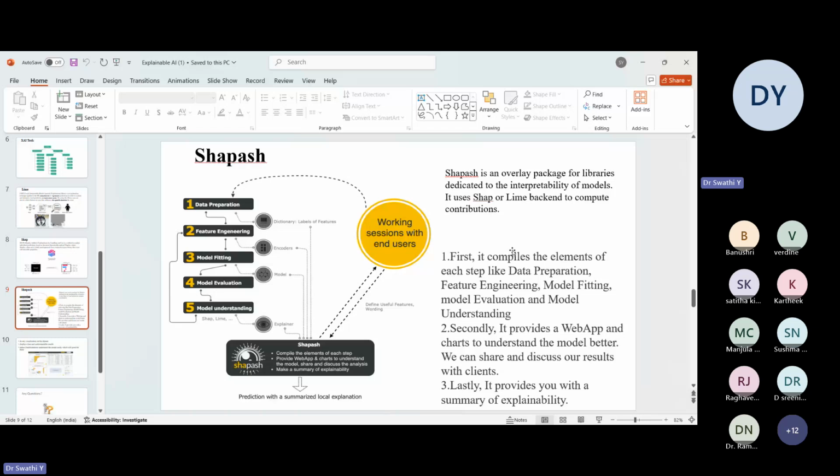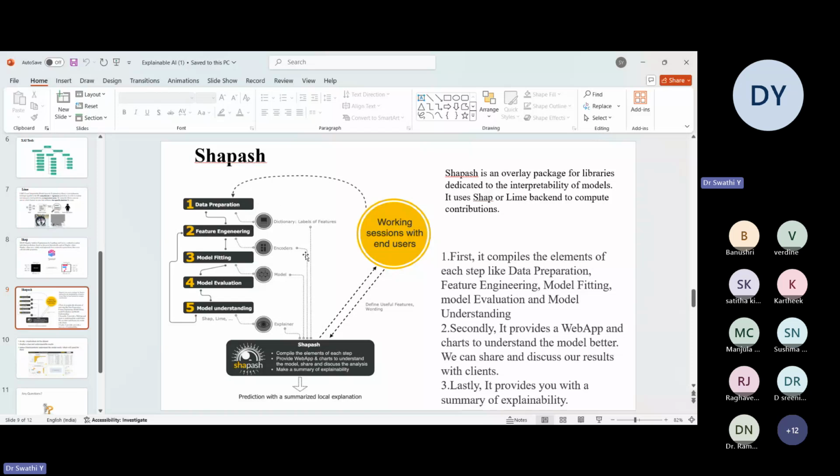So this block diagram shows the overview of ShapAsh. If you're seeing here, it compiles elements of all the steps: data preparation, feature engineering, model fitting, and model evaluation and understanding. These are the 5 steps that all machine learning models normally go through. What it will do is combine all the steps, and whatever results we generate will be converted into the web app.